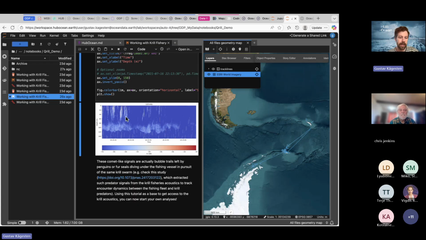And what you actually look at here is the penguin trails diving into the krill swarms. I thought that was nice to say, because I know a lot of you work with maybe multi-beams or sonars and so on, and it's quite nice what you can actually crunch with open source Python packages and parallel processing in the cloud. The scientists that did this at scale were able to process data that took them weeks and months in days and hours instead when they did it through our cloud.